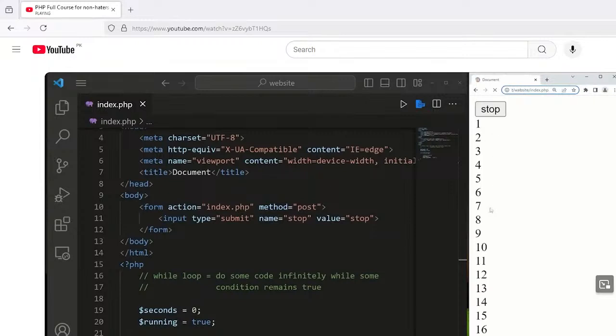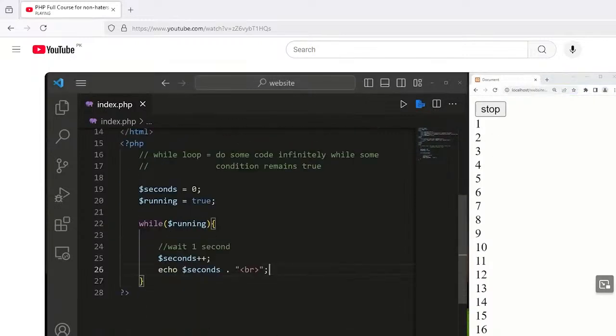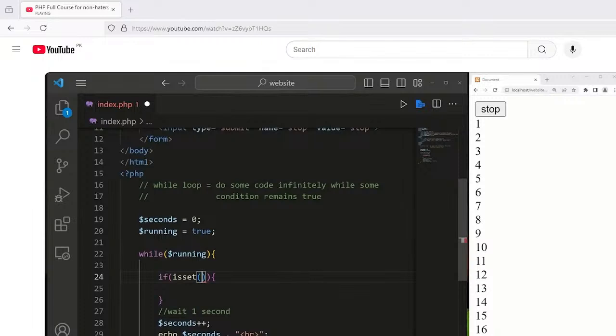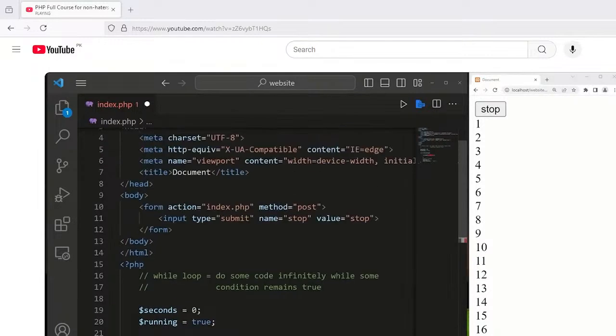I now have a stop button. Let's stop that before it crashes. Now, to escape out of this loop, I could write some code like this. I'm going to write an if statement. I haven't discussed the isSet function yet, but we can check to see if a button is clicked or not. I'm going to access our post variable, and I have created a stop button with the name of